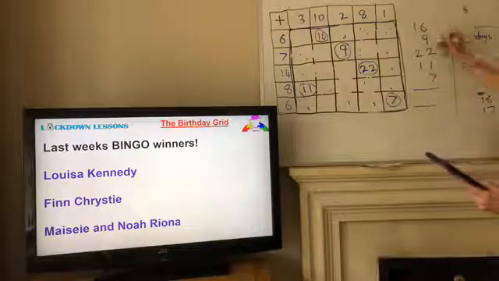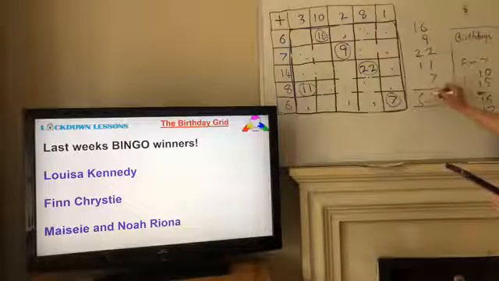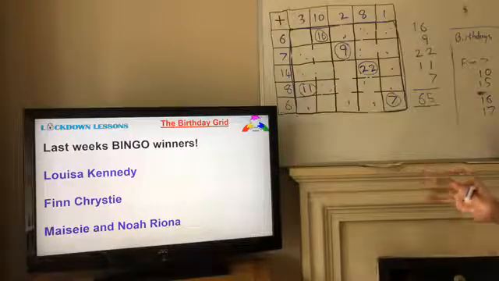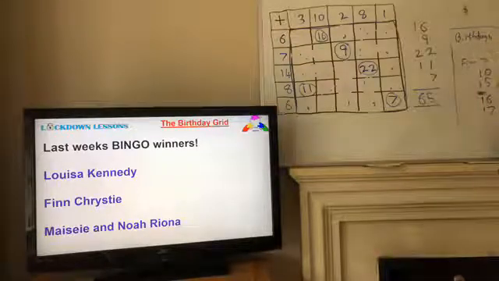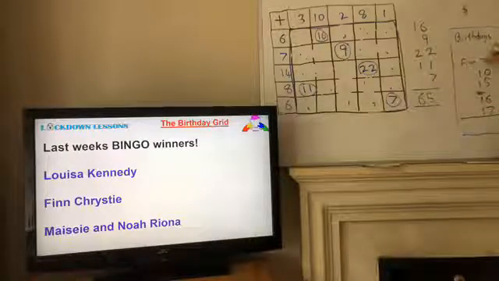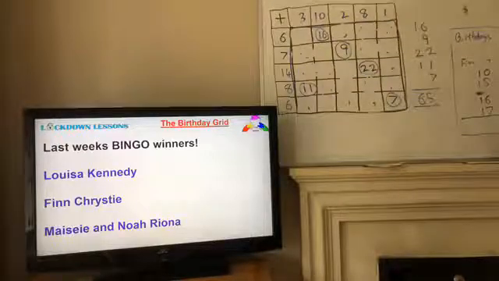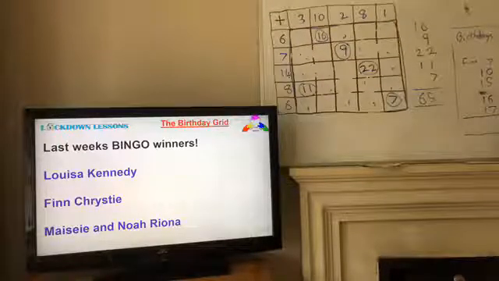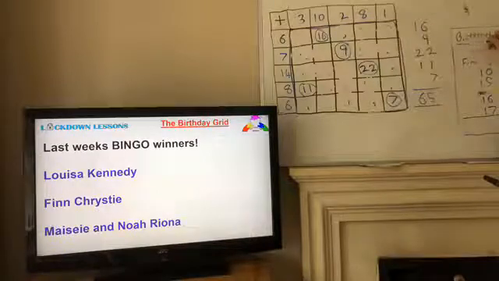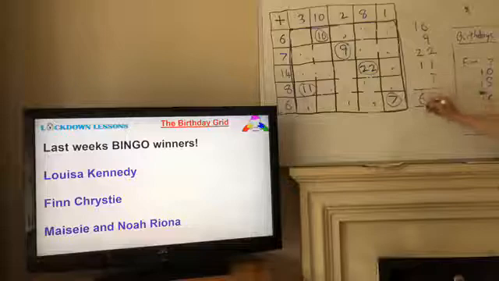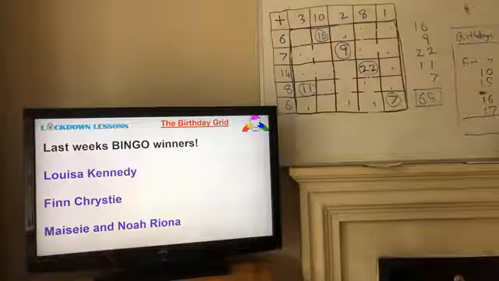Okay, so if you add together all those numbers, you get 65. Now then, the birthdays you gave me at the beginning of this lesson, let's add those birthdays together now. So we got Finn's birthday. I can't remember who the others' birthdays were, but let's have a look at what you get. So add together the birthdays now, 17 add 25 equals